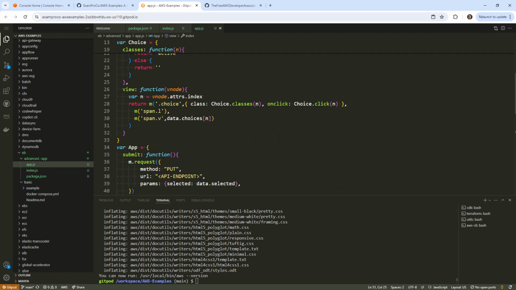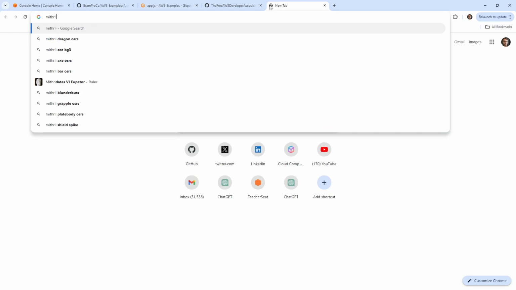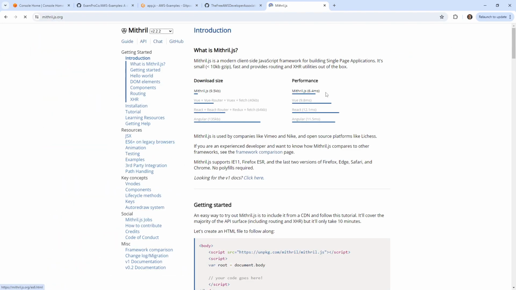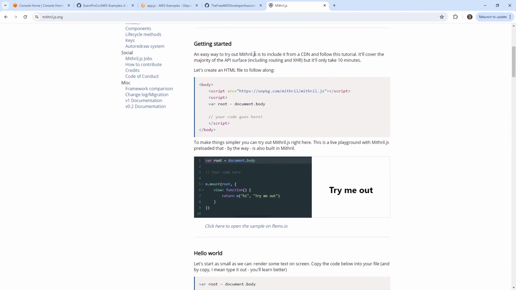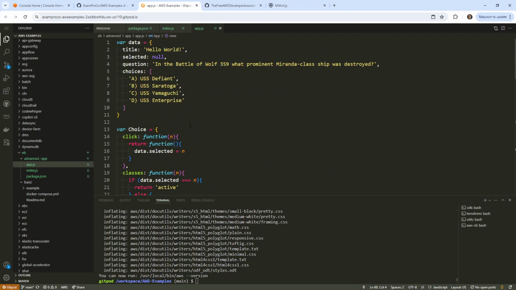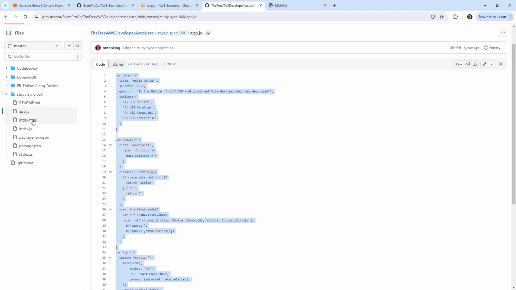This looks like we are using Mithril. So Mithril is my favorite JavaScript framework. It is still one of the fastest ones out there. It's very easy to utilize, and it's just very minimal. We could use React, but I just don't feel like doing that, and I really do like this because it's so straightforward. Anyway, we'll go back over to here, and I want to grab our styling,